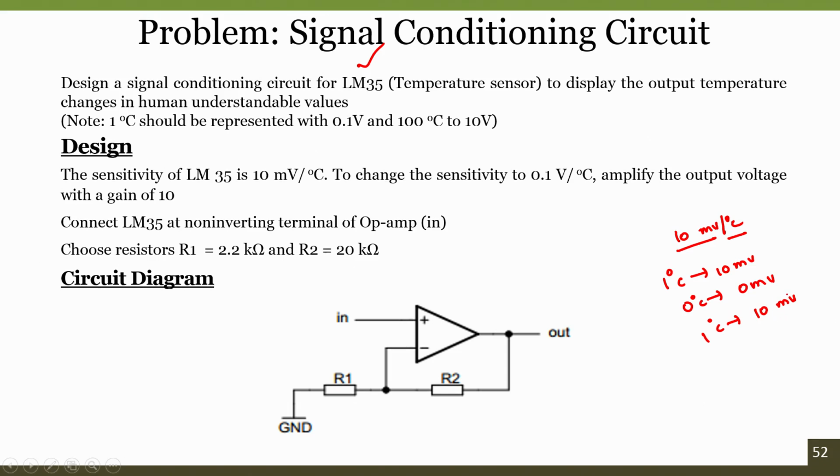Now, what is the operating range? The range at which it can be operated is minus 75 degrees centigrade to 150 degrees centigrade. Since the idea of using this temperature sensor is to measure the room temperature, and the linearity is also very good, considering all these factors, we have selected this particular temperature sensor.